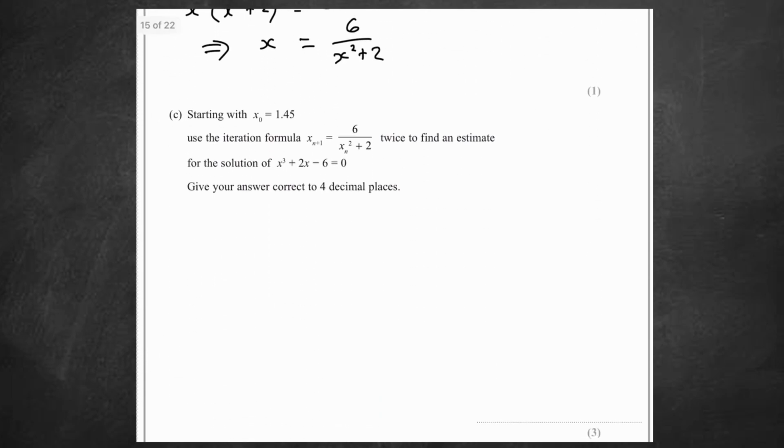Part C. Starting with x0 equals 1.45, use the iteration formula twice to find an estimate for the solution to x cubed plus 2x minus 6 equals 0. Give your answers correct to 4 decimal places. So what we're going to say is x1 equals 6 over 1.45 squared plus 2. So we're going to do 1.45 squared first, plus 2, and then 6 divided by that, all on my calculator. And that gives me